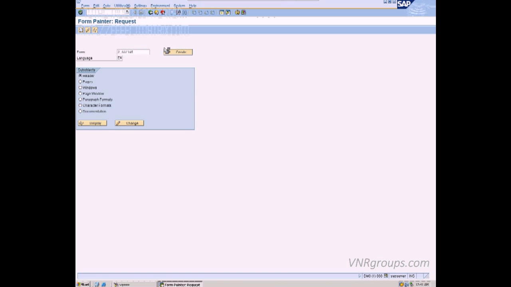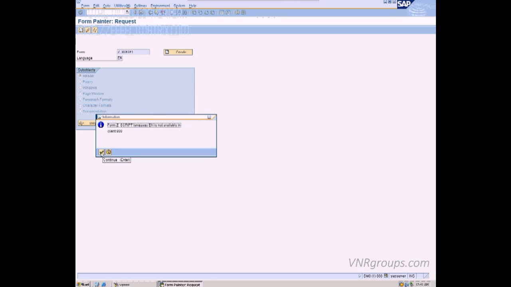After pressing the create button, the next screen is a pop-up window. You just click the right button or press enter directly,